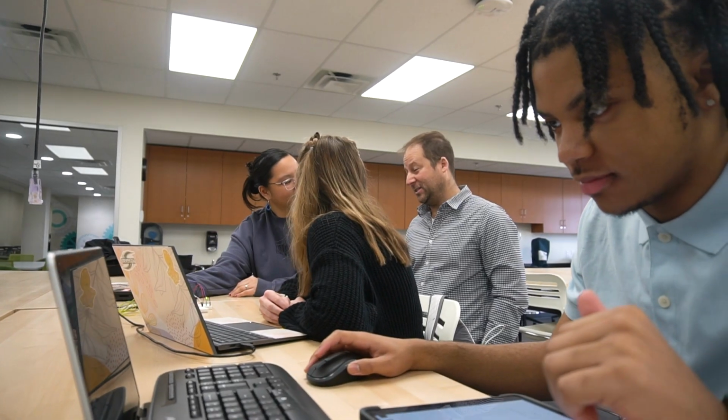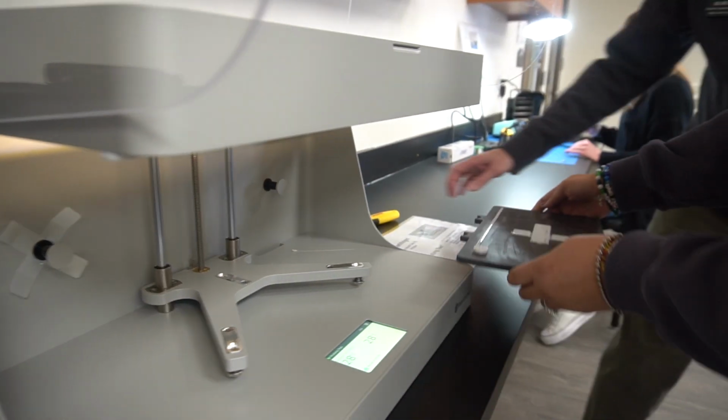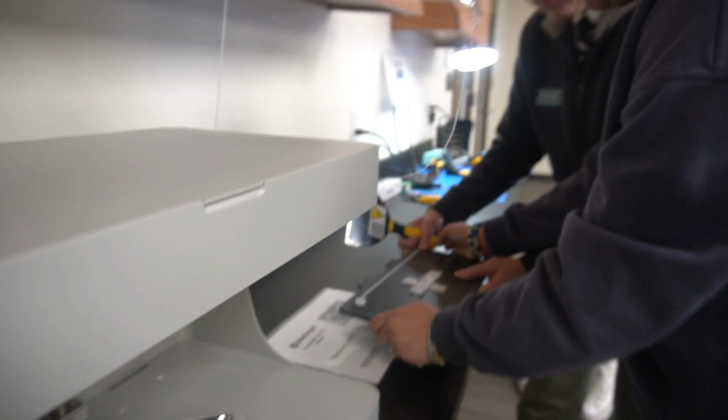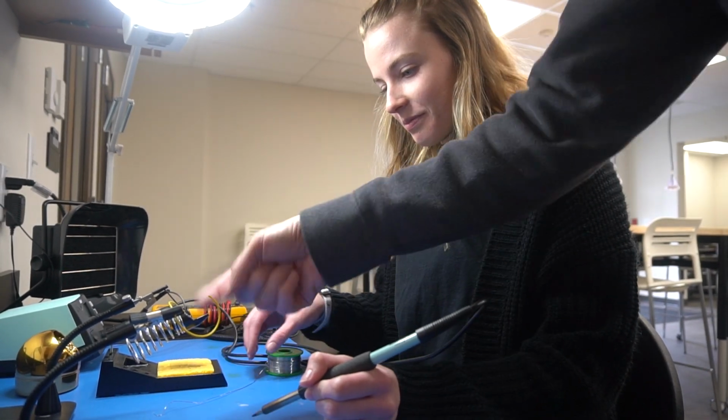We have our brand new Biomedical Engineering Lab and Makerspace. These are custom designed spaces. This space here is going to provide a place for students from across the university to come together and collaborate. Students in the Biomedical Engineering program are going to get hands-on experience with the kind of equipment that they're actually